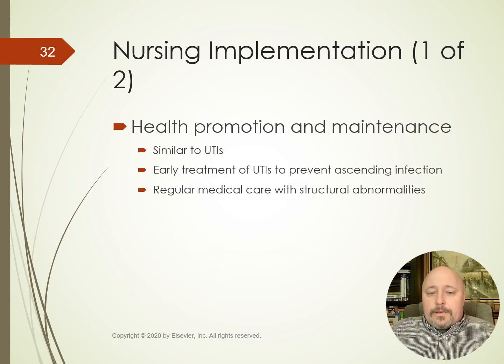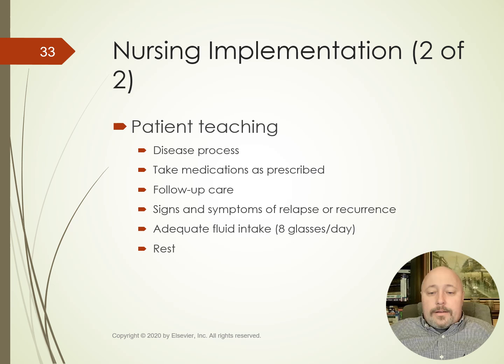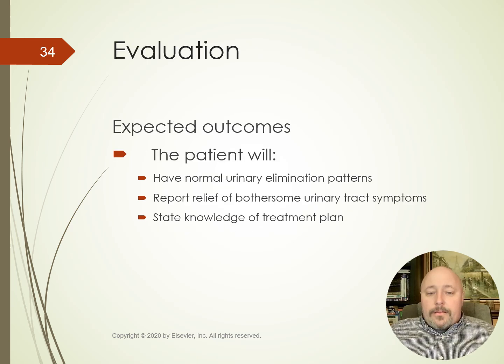Our health promotion and maintenance is going to be similar to UTIs, and we want to focus on early treatment to prevent that UTI from spreading and ascending up to the upper urinary tract. Patient teaching would include the disease process, taking medications as prescribed, follow-up care, the signs and symptoms of relapse or recurrence, and adequate fluid intake again, 8 glasses of water a day, as well as rest. Our expected outcomes: the patient will have normal urinary elimination patterns, report relief of bothersome urinary tract symptoms, and state